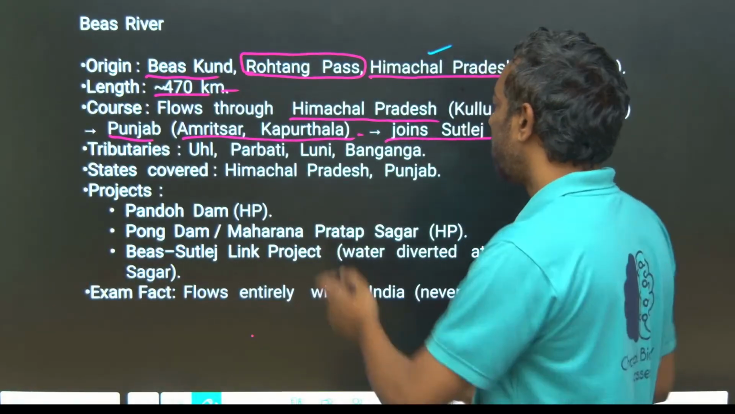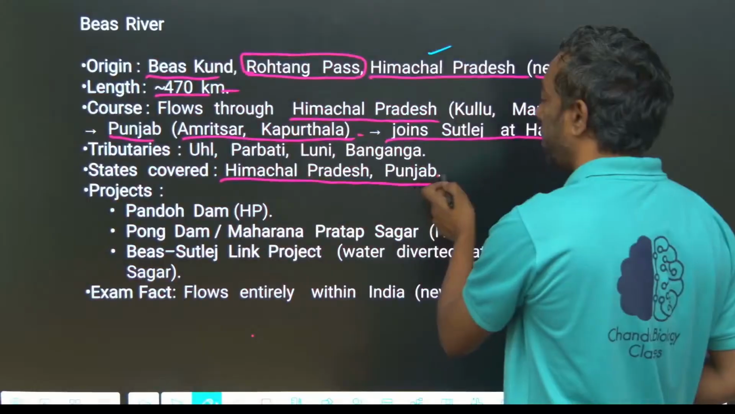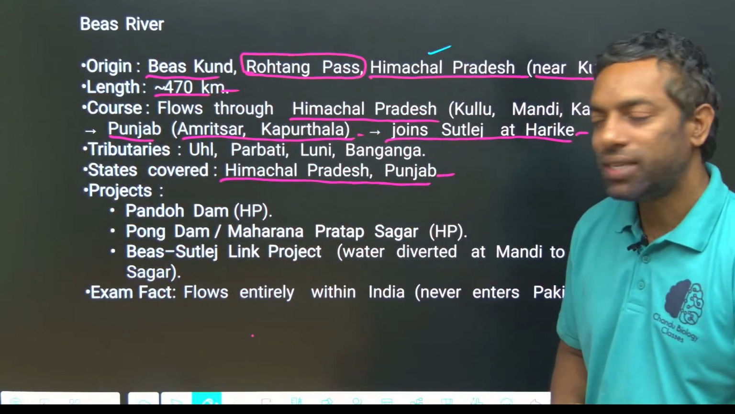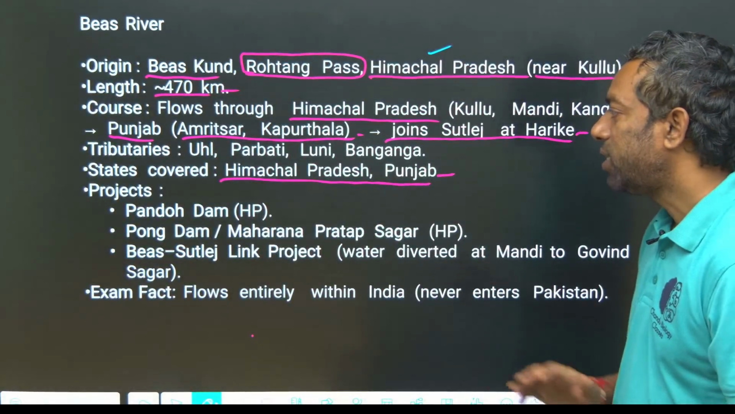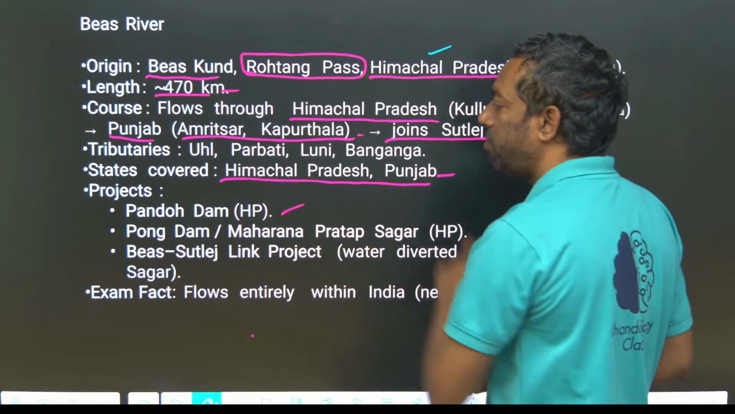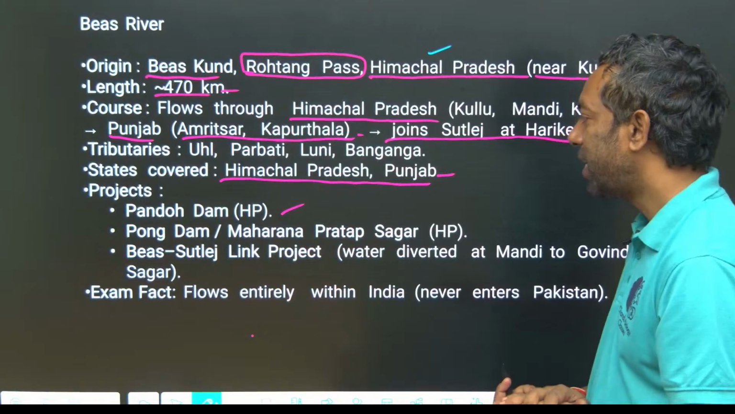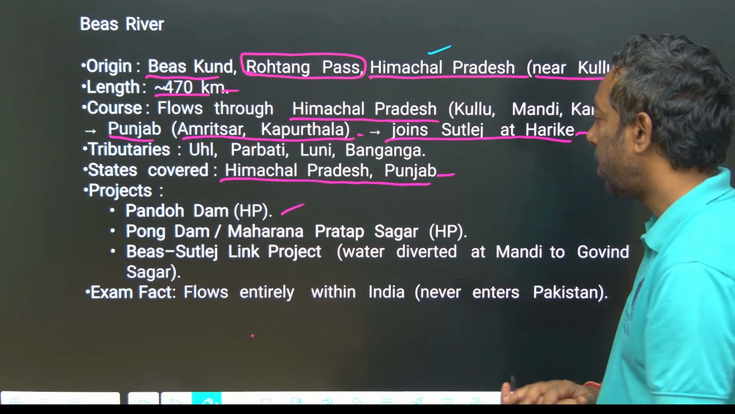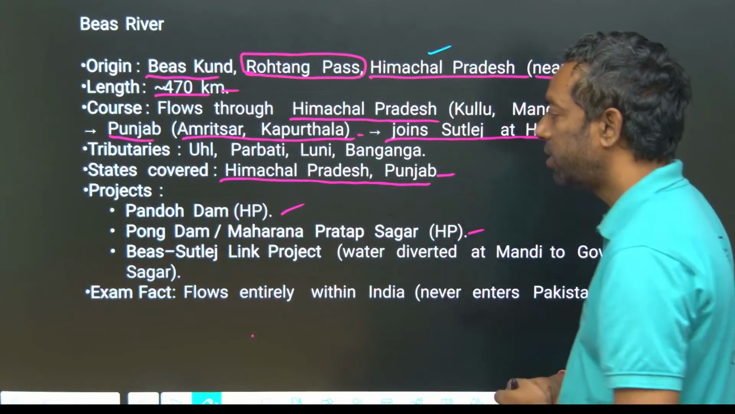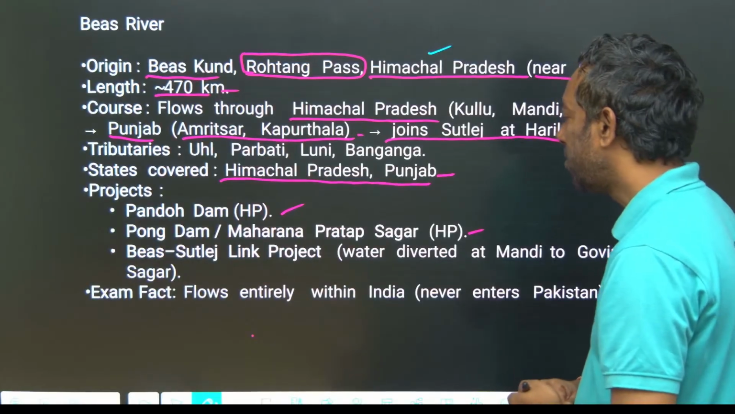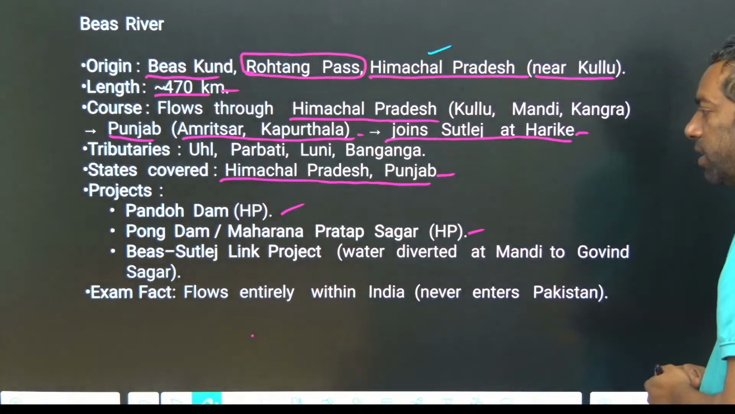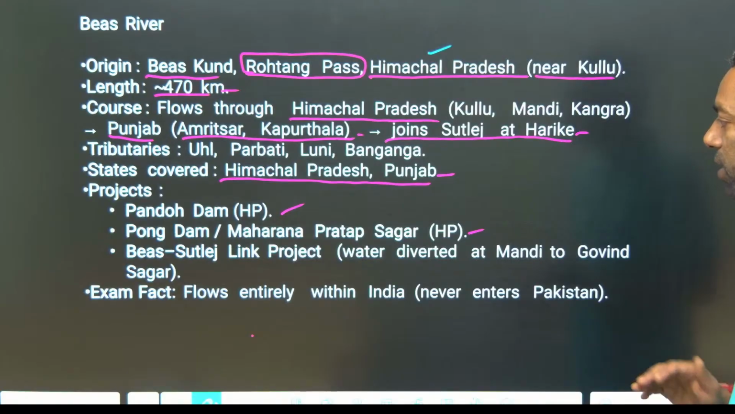States covered: Himachal Pradesh and Punjab. Projects: Pandoh Dam in Himachal Pradesh, and Pong Dam, Maharana Pratap Sagar, Himachal Pradesh, the Beas Satluj link project. And an exam fact: it flows entirely within India,